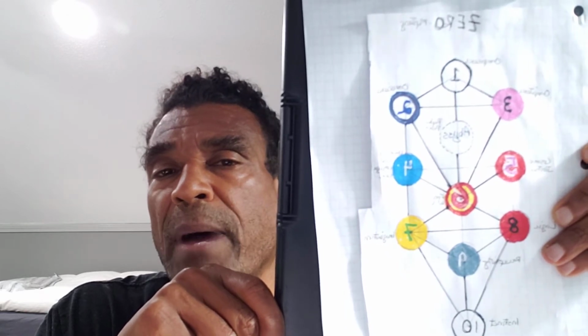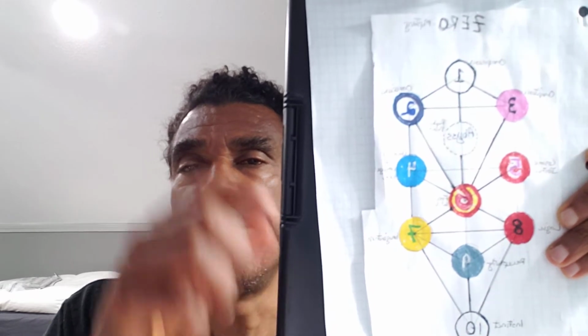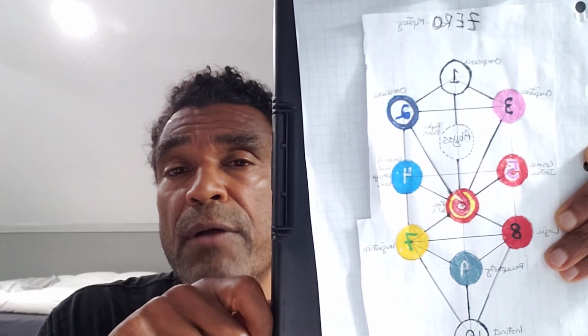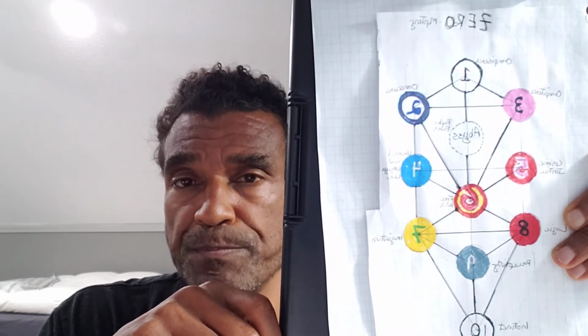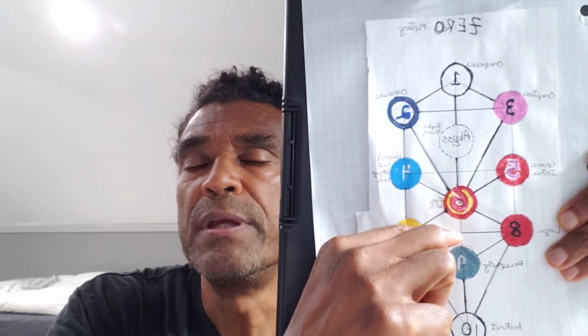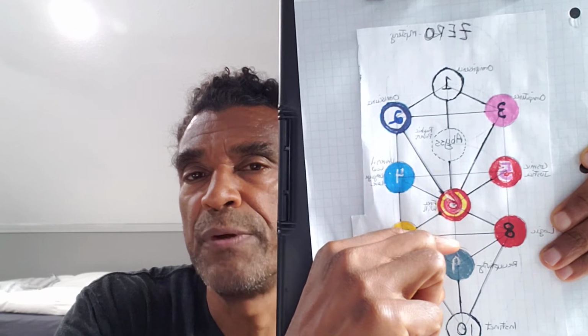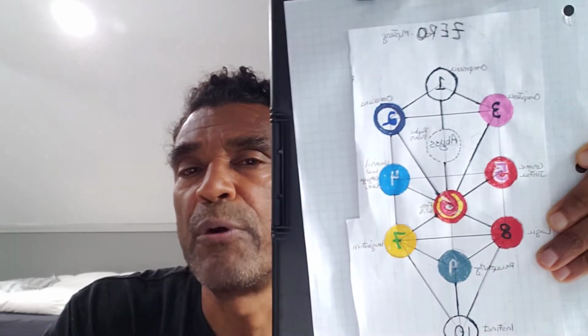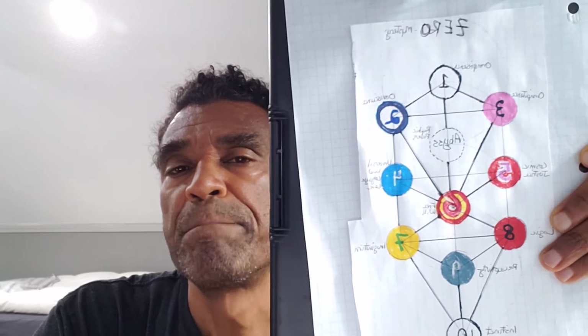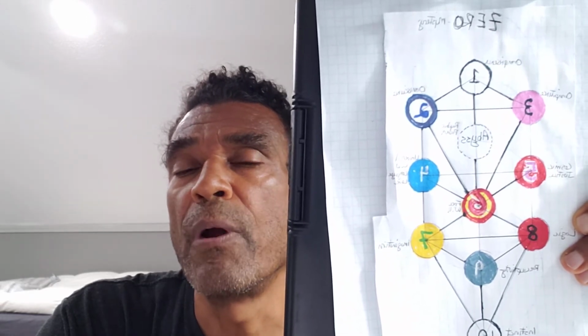And then in my model, the way I teach it, I basically break it down to another level of definition. So I take the whole tree and I superimpose it upon every one of the spheres. So I break down the 10th sphere into 12 component parts, and I break down the 9th sphere into 12 component parts, for a total of 144 different separate components. Now, the Tree of Life yields 12 different faculties of consciousness. With my model, it's 12 by 12. So that's 144 different